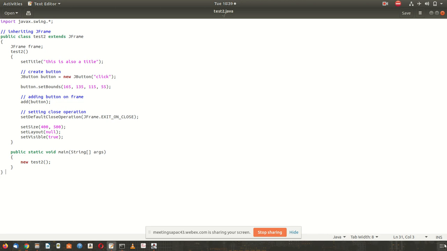Similarly, in some parts here also, when a message appears like this when the mouse enters some section, this is called a tooltip.